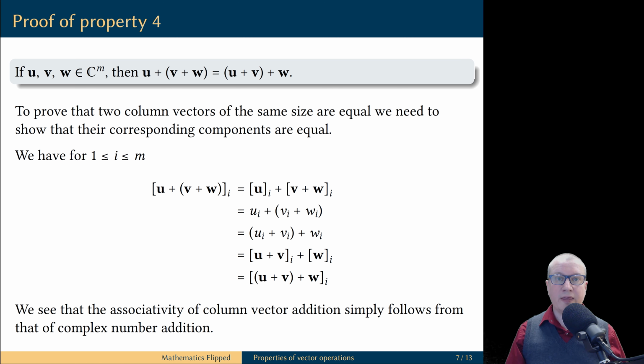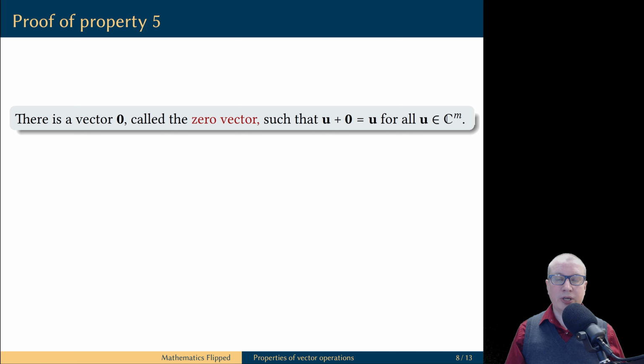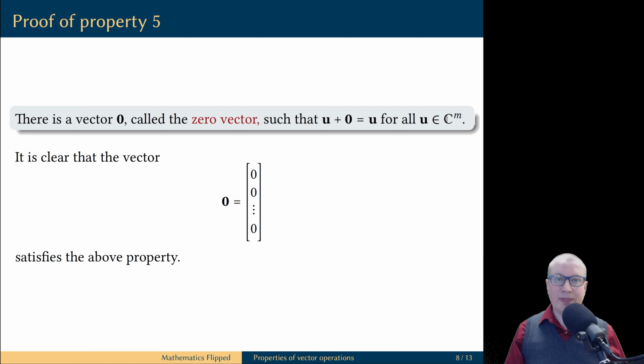Let's prove that there exists a vector called the zero vector, which works as a neutral element for the operation of the addition of vectors. Now, this is obvious, and we already defined this zero vector previously. If you take a column vector, all of whose components are equal to 0, this is exactly the vector you're looking for. So, this zero vector has the same property with respect to the operation of addition of vectors as zero number with respect to the operation of addition of numbers. They both are neutral elements with respect to these operations.